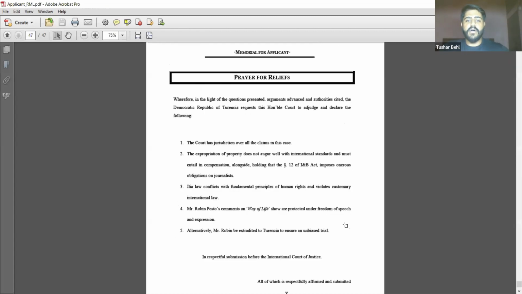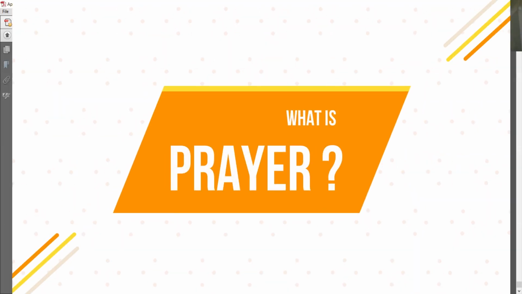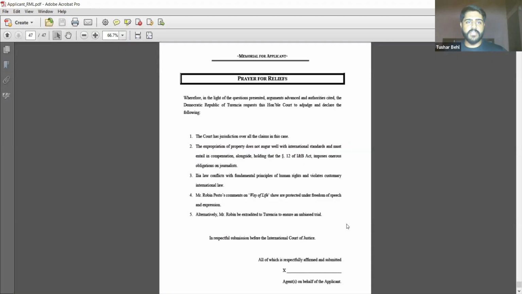So in the prayer, what relief are you requesting? That is the ultimate aim of the parties: what relief are you seeking in front of the court? What can the court grant you? What is the wish of the parties? So this is a